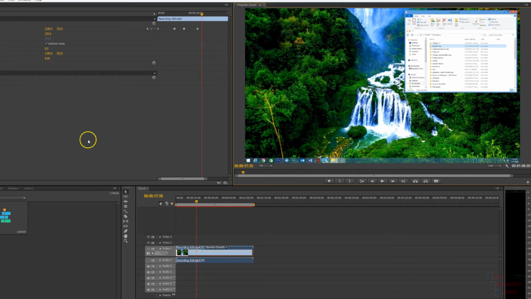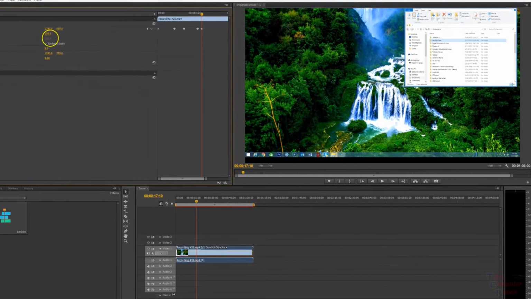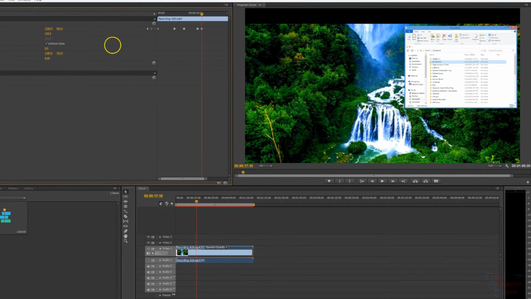So hopefully that makes sense. It works the same way as up and down, which is this number here. This will take you up and down, as you see there. So, and that's how we're going to zoom and pan into our little windows that we have opened up here